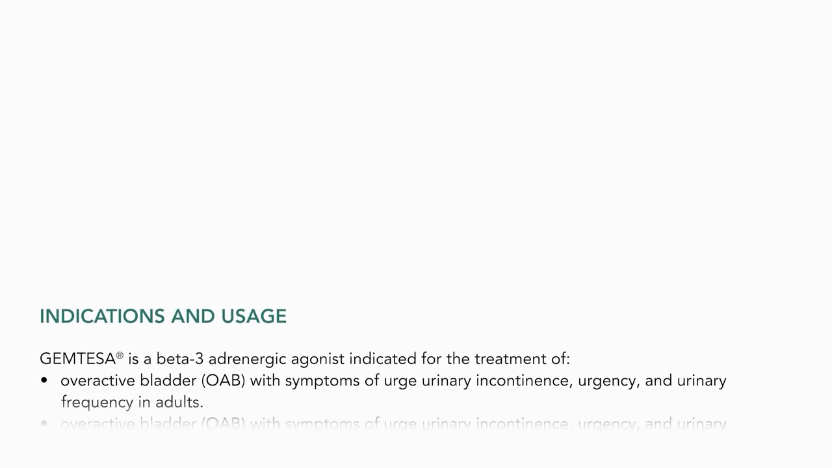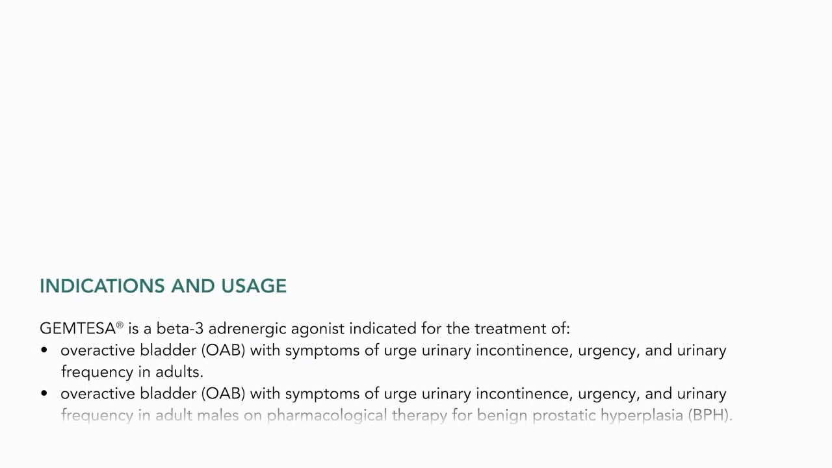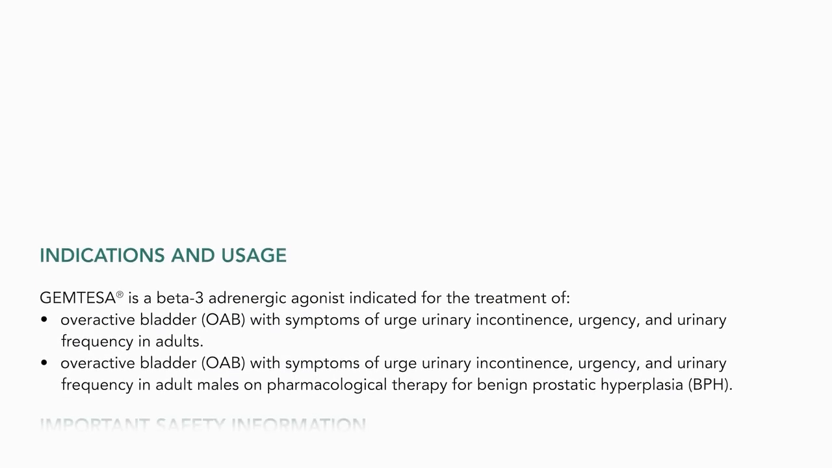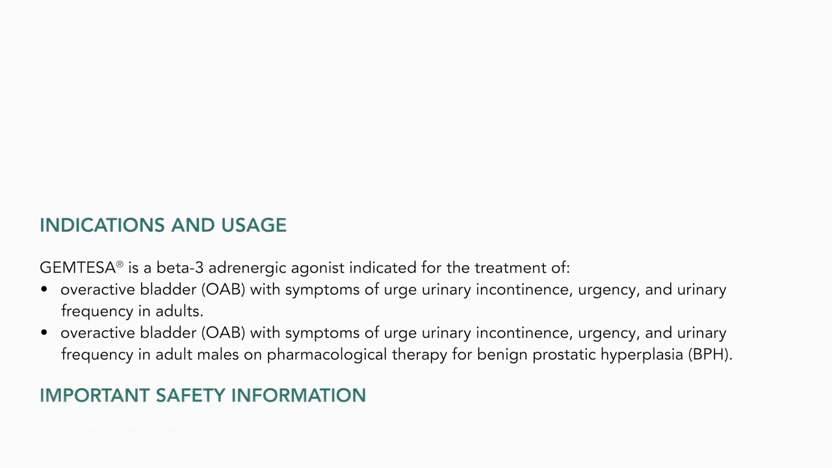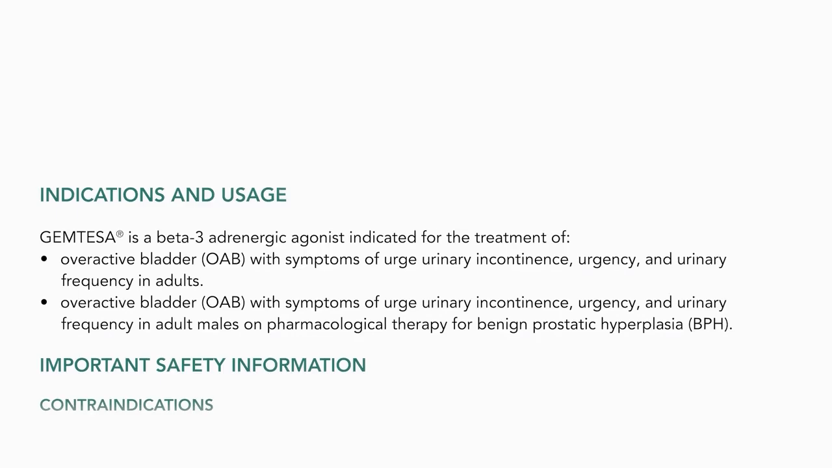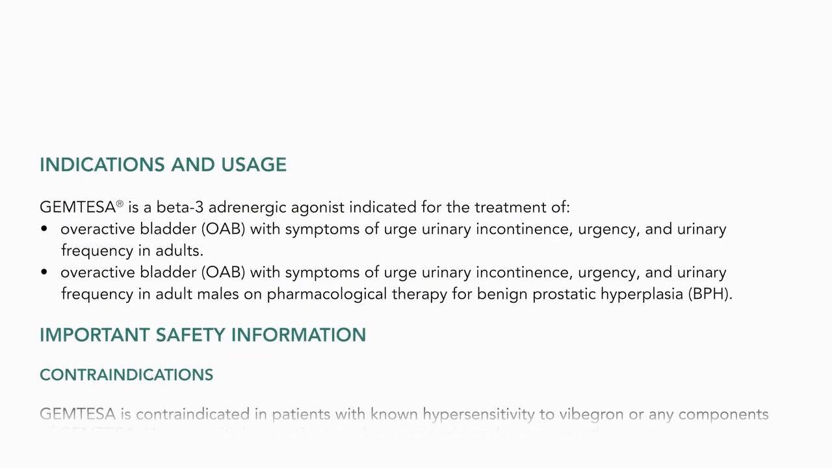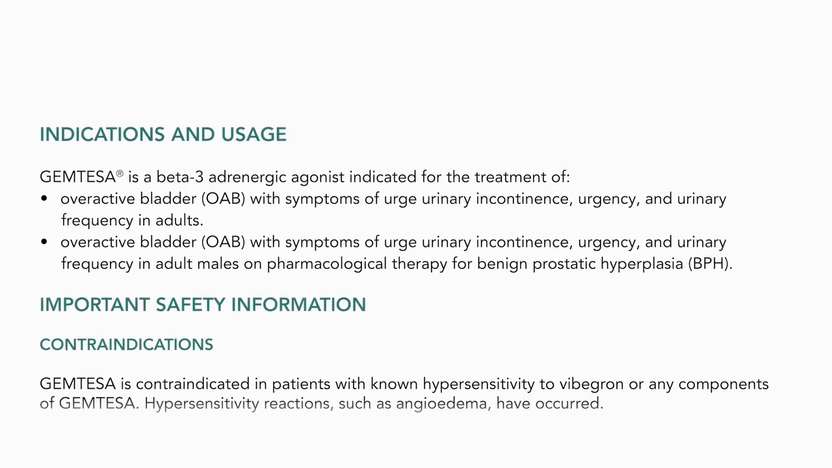Indications and usage. Gemtesa is a beta-3 adrenergic agonist indicated for the treatment of overactive bladder, OAB, with symptoms of urge urinary incontinence, urgency, and urinary frequency in adults. Overactive bladder, OAB, with symptoms of urge urinary incontinence, urgency, and urinary frequency in adult males on pharmacological therapy for benign prostatic hyperplasia,